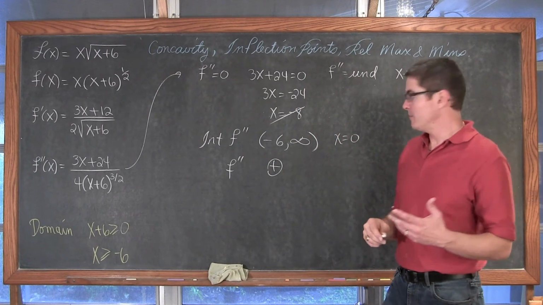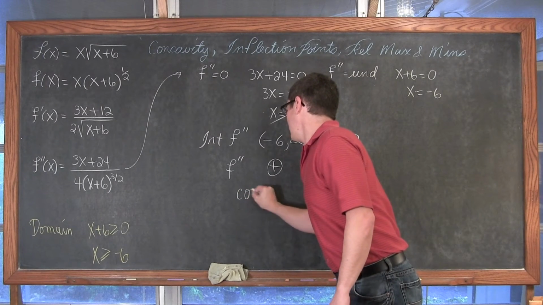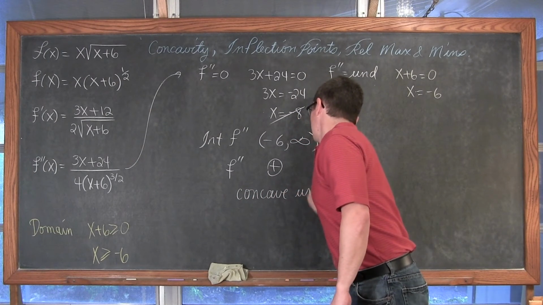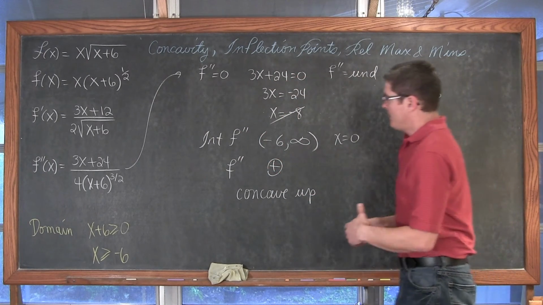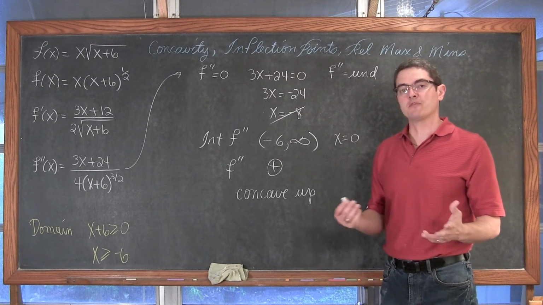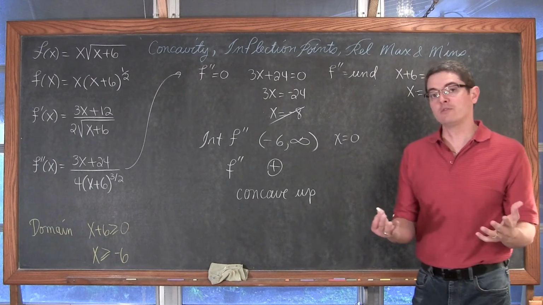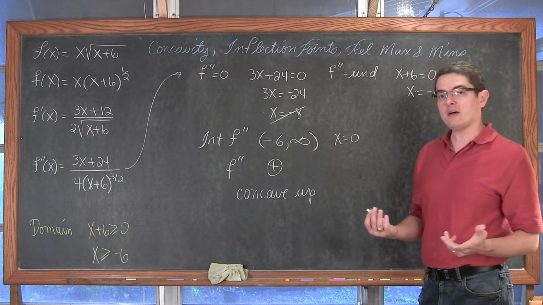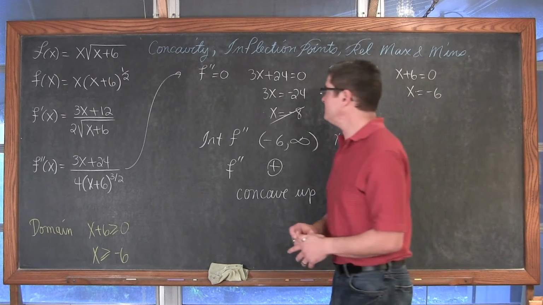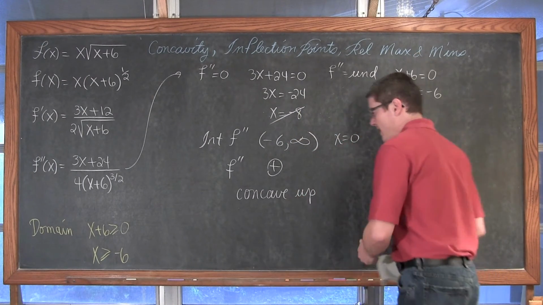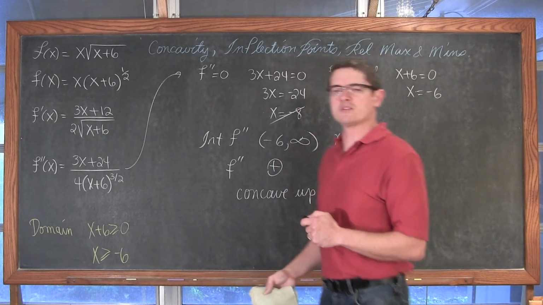And if my function has got a positive second derivative, then that means that we're concave up. Okay, so we've defined concavity, and we need to define inflection points. We only had one test interval, so there's no place for the function to change from being concave up to concave down, so we have no inflection point. And therefore, the only thing left is to identify any relative max or mins. Alright, so let me get out of the way and clean this board up. I keep writing so big. And we'll come back with that first derivative and find the relative max or min.